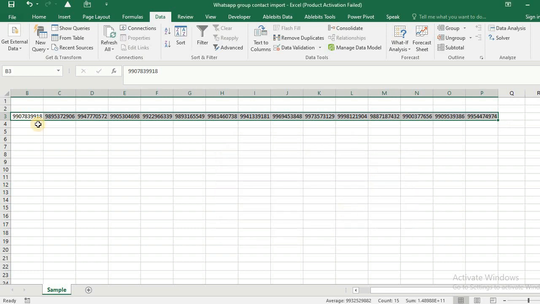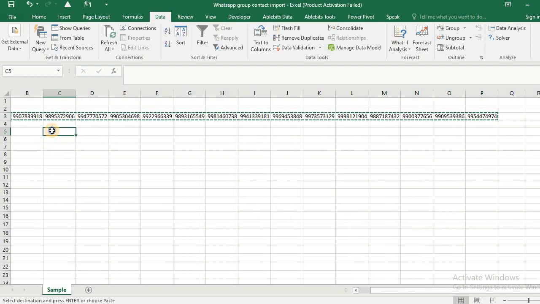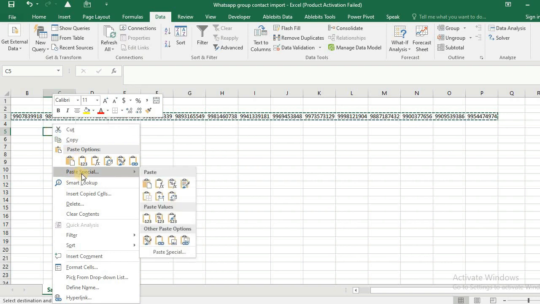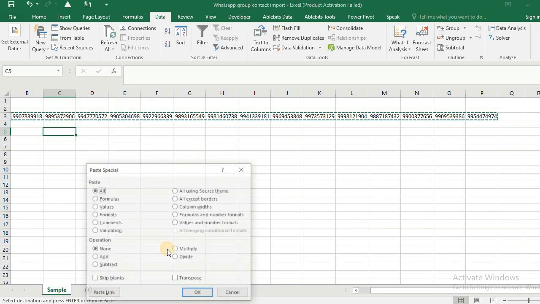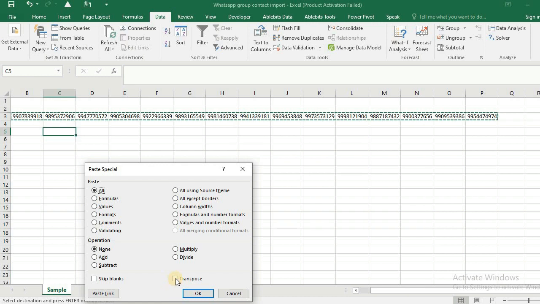What we need now is having this data not horizontally but vertically. So I will copy it. I will right click here, paste special, and you can see here a transpose option. That is, if it is a vertical data, then it will be transposed to horizontal and vice versa.